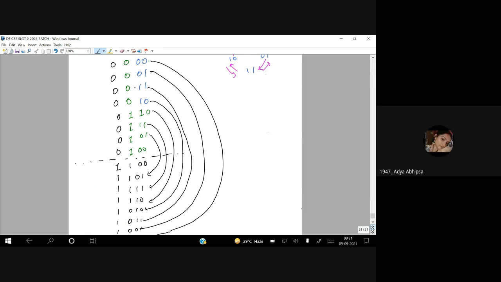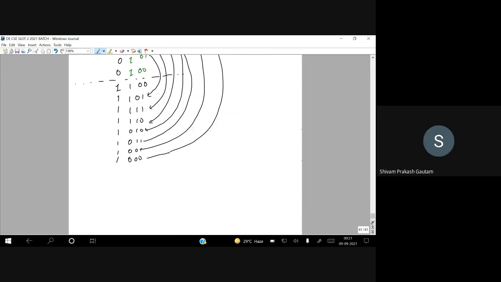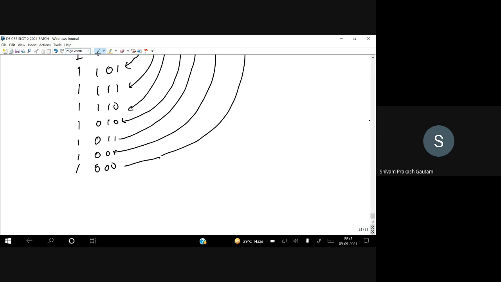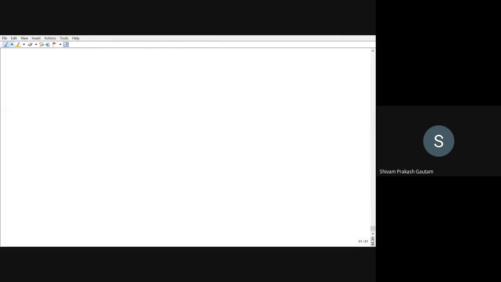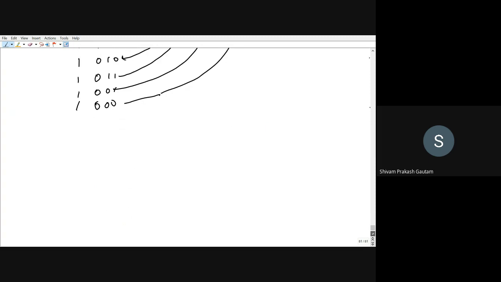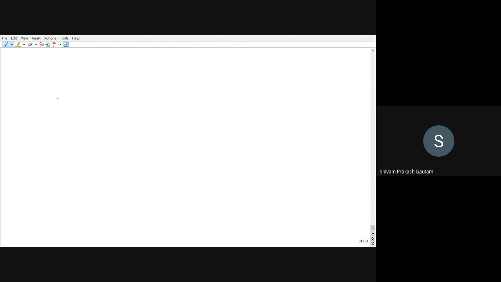Yes, sir. Okay. Now we will see. Yes. So I have zoomed out, so let me zoom it again. So now we will come to the thing that we want to convert binary to gray code. Right. So in one place we will write 4-bit binary and correspondingly 4-bit gray code.